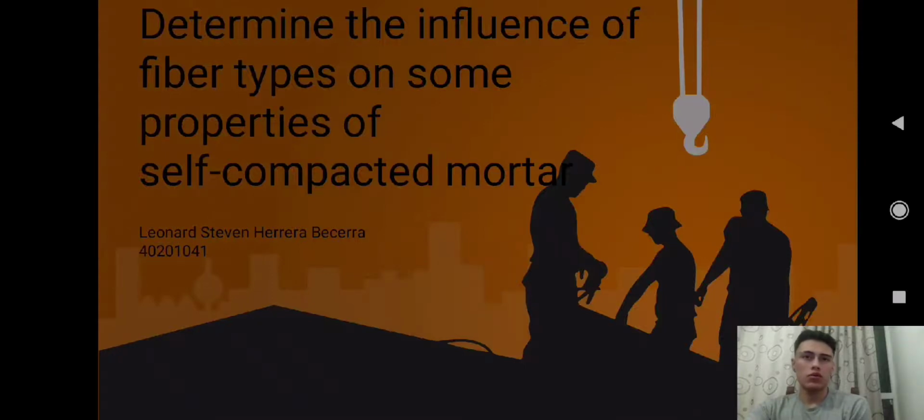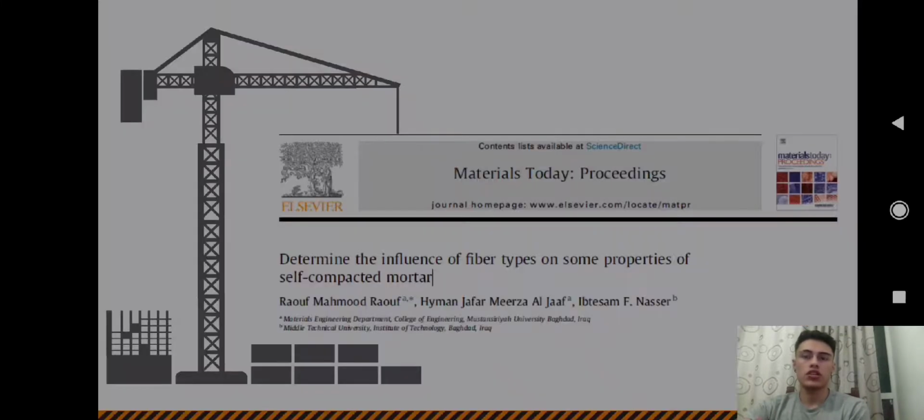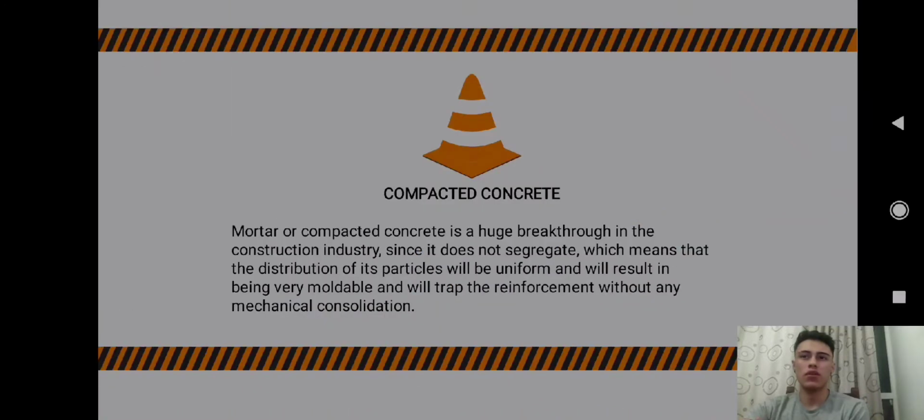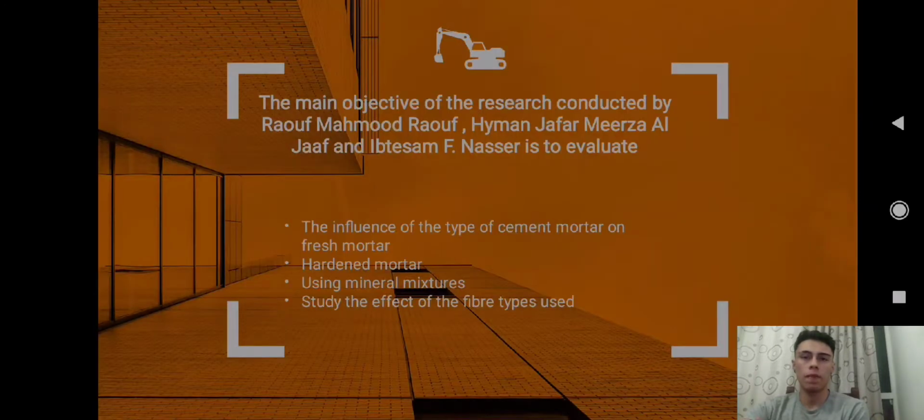Today I'm going to talk about how the influence of fiber types on some properties of self-compacting mortar is determined. Therefore, the main objective of this investigation is to evaluate the influence of the type of cement mortar in fresh and hardened states using mineral mixtures as a partial replacement of 8% by weight of cement. In addition to that, we study the effect of fiber types used with the favored volume fraction of 1.5% on the